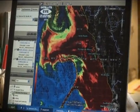Excessive amounts of carbon dioxide are considered to be responsible for global warming, so the results are a crucial part